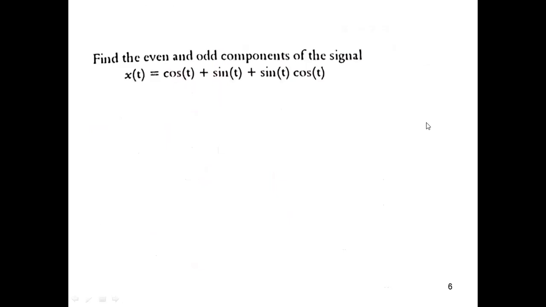Now I have a numerical. Find the even and odd component. If this signal had only cos t, I would say the signal is purely even. If it had only sin t, I would say that the signal is an odd signal, since sin of minus theta is minus sin theta. But this particular signal contains a real part, an even part, an odd part, and its multiplication. So it may be neither even nor odd, but still it is going to contain an even component and an odd component. Let us try to find it.